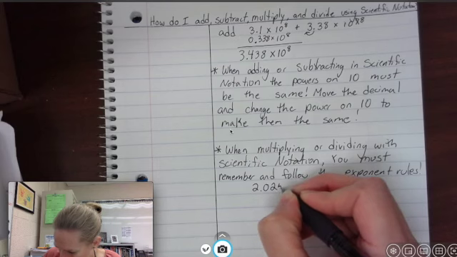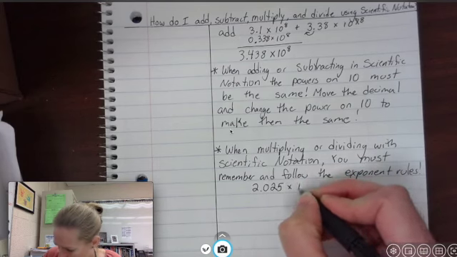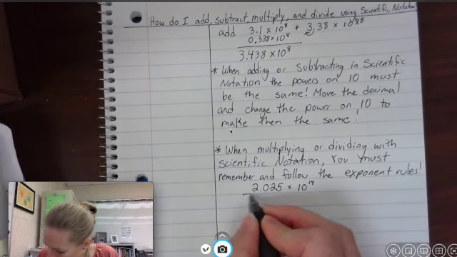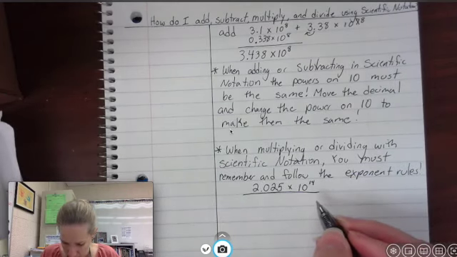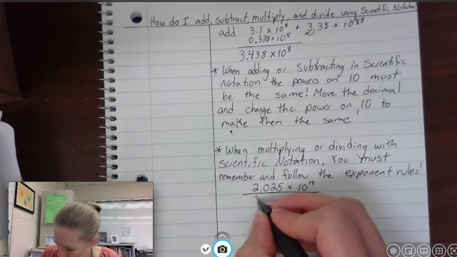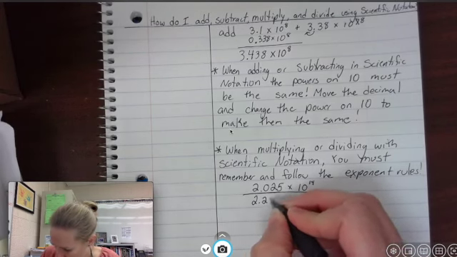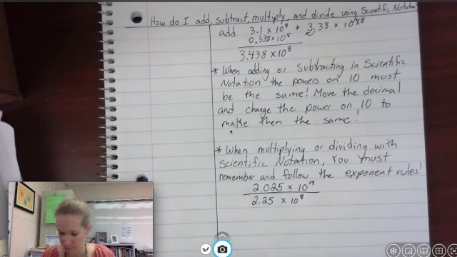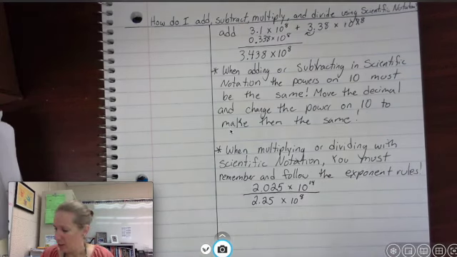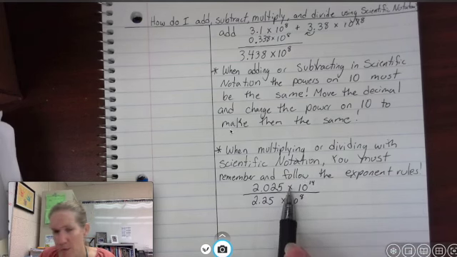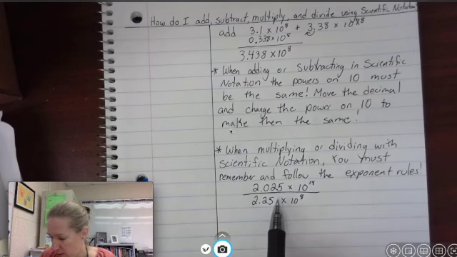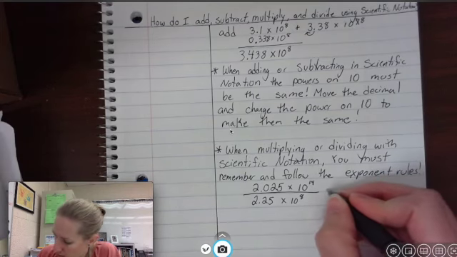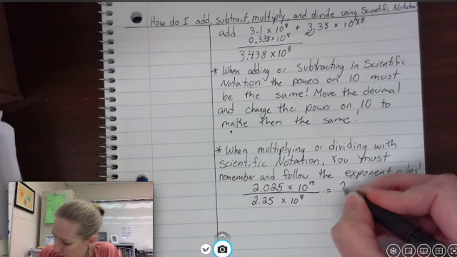2.025 times 10 to the 14th is going to be divided by 2.25 times 10 to the 8th. Okay? So here, remember this is just multiplication. And this is just multiplication. So if you want to look at it like this,